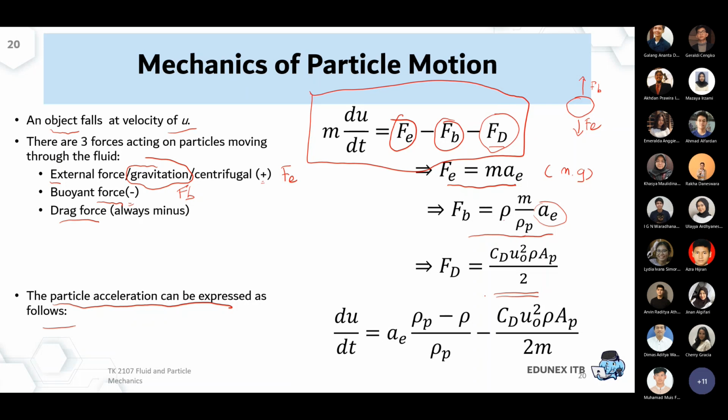What does that mean? That means if we have a separator, for example, and a small particle comes in with this velocity at the inlet, V inlet, then of course, if it's provided with sufficient residence time and sufficient length of the chamber, it may fall. So different particle sizes will require different residence times and different lengths of the chamber.